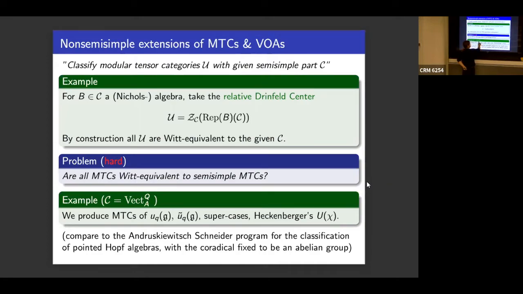So super Lie algebra at a root of unity gives you a modular tensor category if you do it right, if you start with the right modular tensor category here. Also for all guys in Heckenberger's list. So Heckenberger more or less wrote down what this quantum group would look like. He calls it U chi. You know, it's this big list that I had on the blackboard with all these Nichols algebras, diagonal algebras. Each of them gives you a modular tensor category. For some, you probably have to again start the right way to get the associator. That's why you cannot literally take those, but I mean, that's the main input.